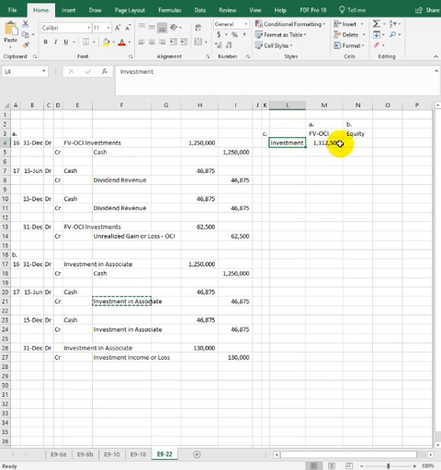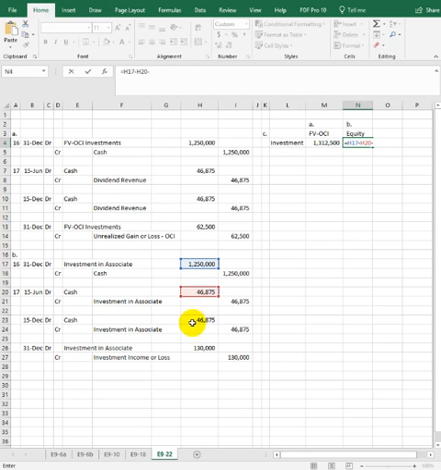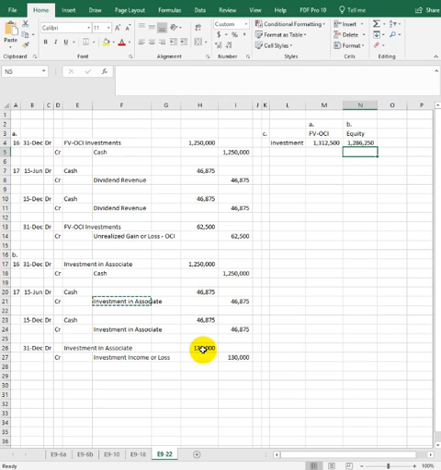investment. And so that's the value under fair value through other comprehensive income. And then under equity, we're going to start with the 1,250,000, and we're going to subtract the 2 dividends, and we're going to add the share of investment income from our sub, and that is 1,286,250. So once again, let's double click on it and you can see